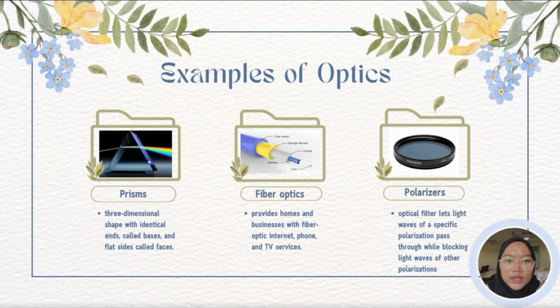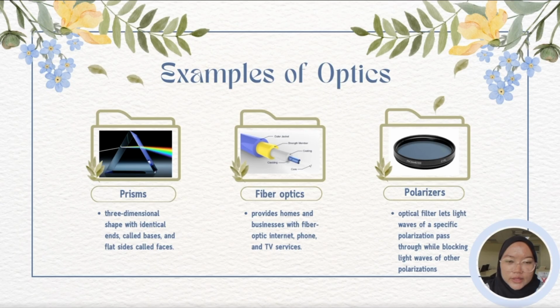Finally, we have polarizer. This optical filter allows light waves of a specific polarization to pass through while blocking others. Polarizers are widely used in photography to reduce glare and enhance contrast, and in everyday items like sunglasses to cut